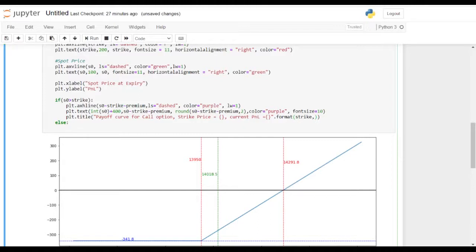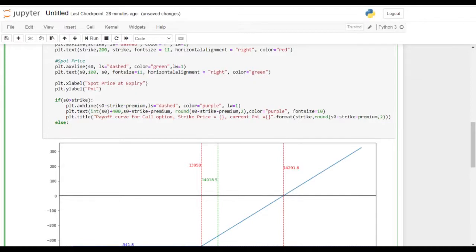And for the current PNL, if in this condition stock price is greater than strike, you are already having a payoff for this, which is stock price minus strike price minus premium, and you don't want it to be garbage, so we'll round it off: stock price minus strike minus premium, comma 2, at 2 places.